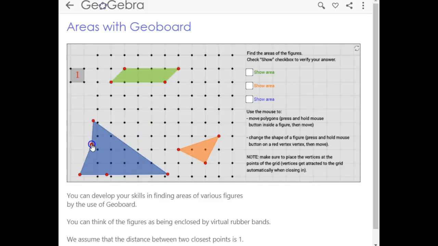One with 3 sides, and then 4, and then 5. So for parallelogram, I'm going to use the green one, and I've created a parallelogram here. And so the formula that we're working with is base times height. So if I create a parallelogram with a base of 4 and a height of 1, then I should be able to say that the area of this parallelogram is going to be 4. And then I can do different parallelograms to test out to see if it works